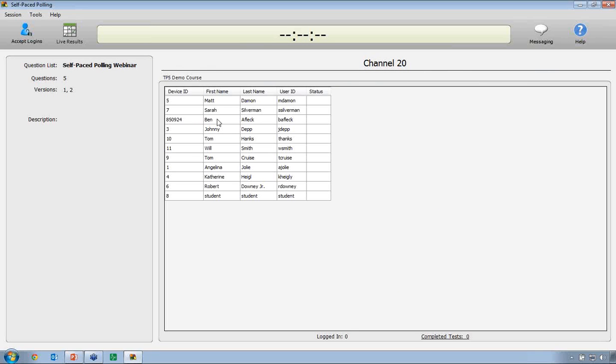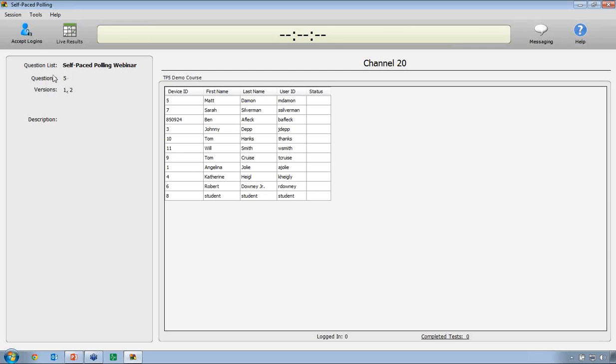It gives you a little bit of information. It shows you who all your participants are, what their status is, so whether they are currently writing the exam, whether they're done, or whether they have not joined at all. It tells you the question list you've loaded, so if you grab the wrong one, you can close down and go back and get the correct one. It tells you how many questions are on the list, and how many versions there are.